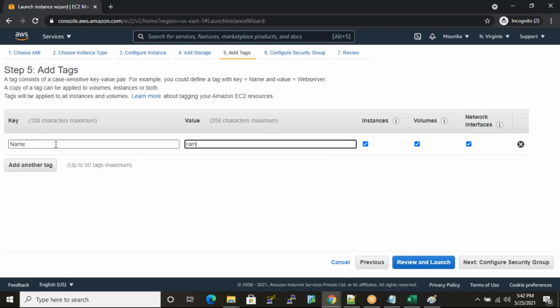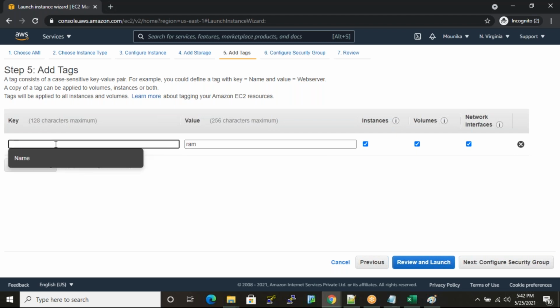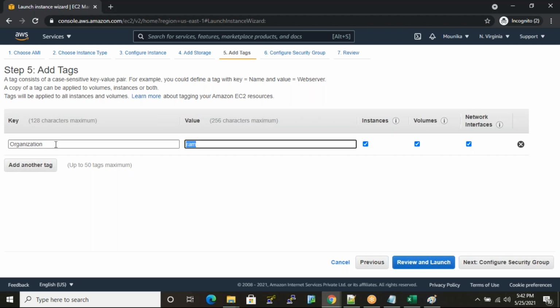So for suppose key is organization, then organization is APSSDC. So key is college, and college is VRSEC.